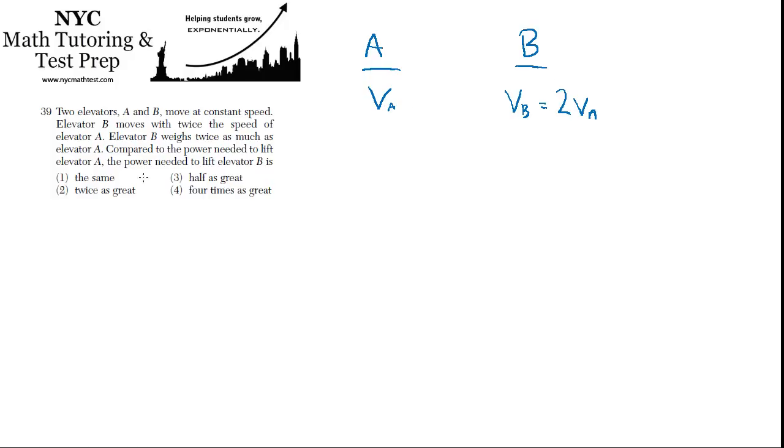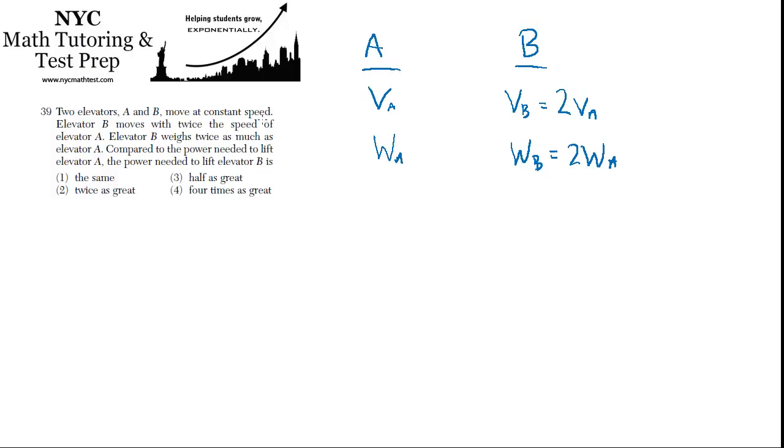What else can we say? Elevator B weighs twice as much as elevator A. So if we call the weight of elevator A WA, then the weight of elevator B is equal to twice the weight of elevator A. Okay, so we're just jotting down some things that we know. What do they want to know? They want to know, compared to the power needed to lift elevator A, the power needed to lift elevator B